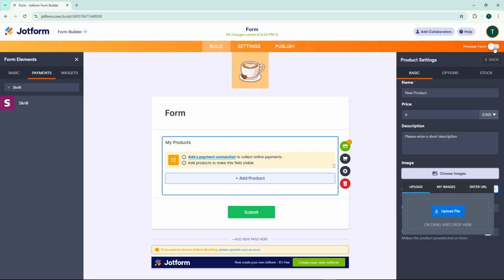correctly. And that's it. You've successfully set up Skrill payment collection through Jotform, making it easy to receive payments directly from your